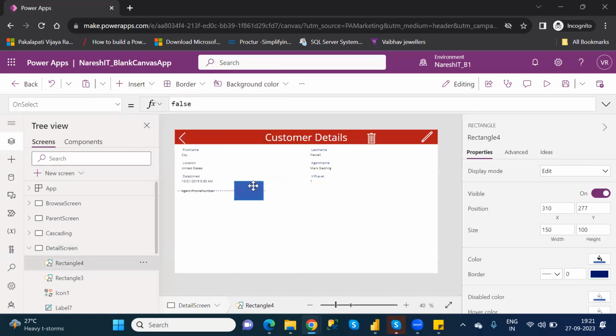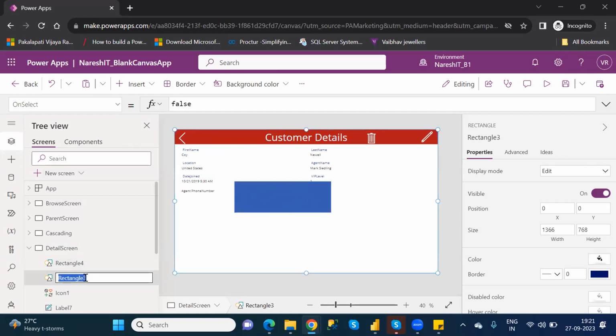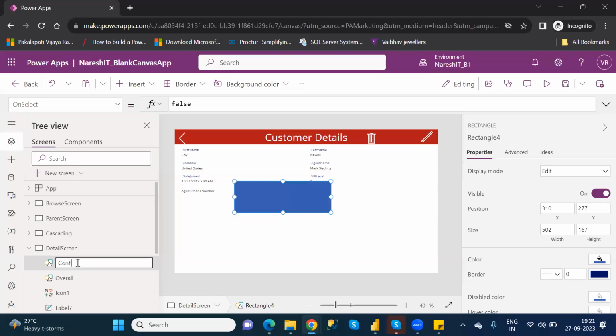This name is overall confirm shape. Understand? Like this. So this is the window.